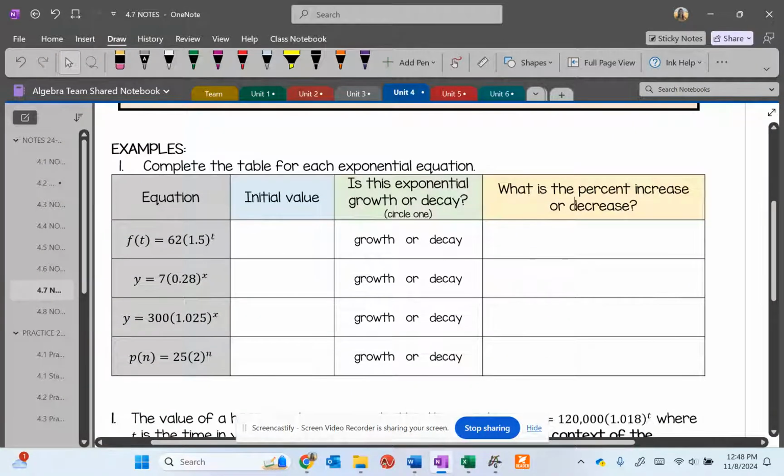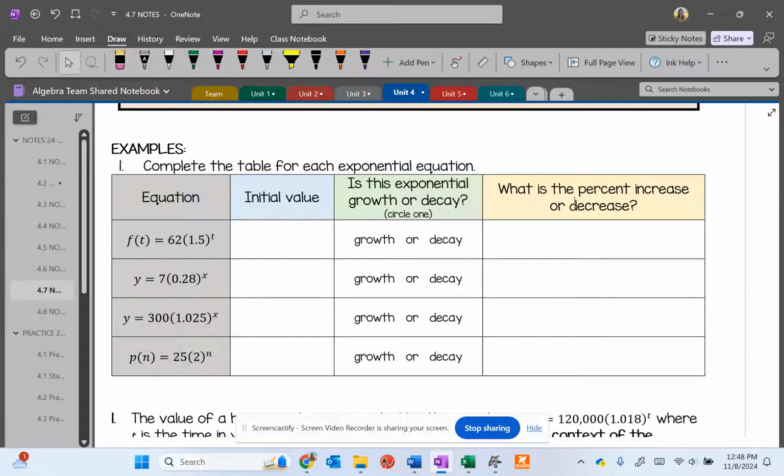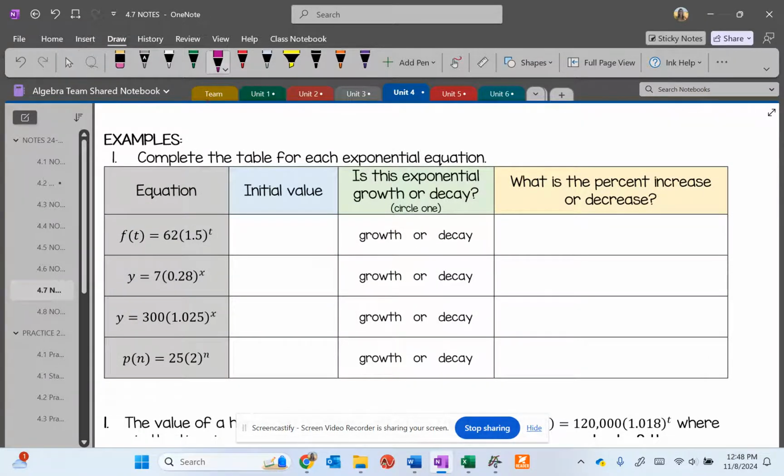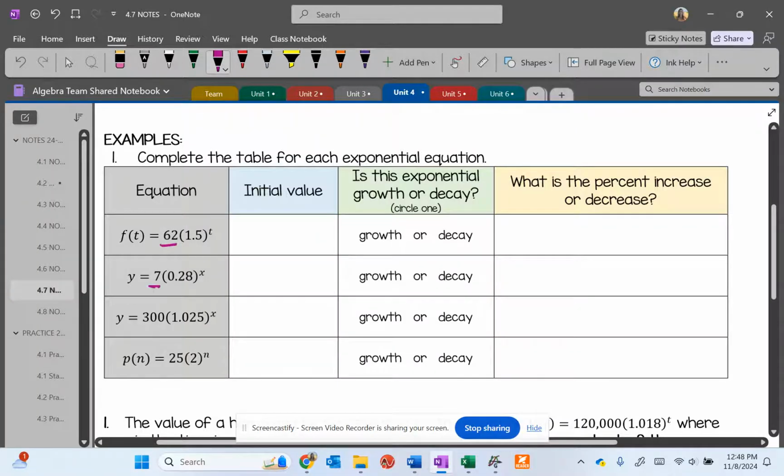In example number 1, it asks us to complete the table for each exponential equation. In order to do so, we need to identify the parts and also figure out if we're dealing with percent increase or decrease. The first thing I want to identify, looking at the structure consistently between all of the different exponential functions, is the initial value. The number in front of the multiplier is our initial value. So we're looking at 62, 7,